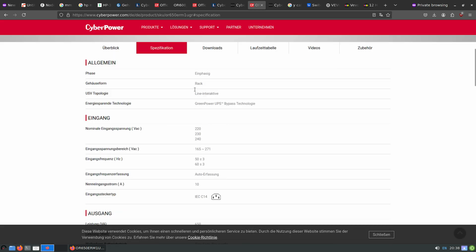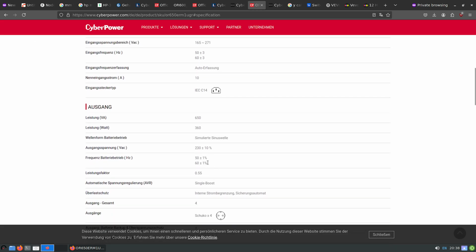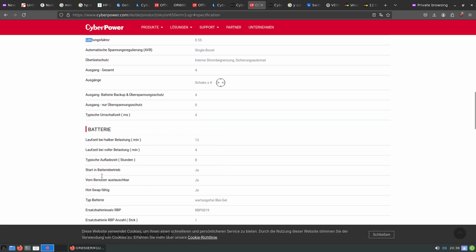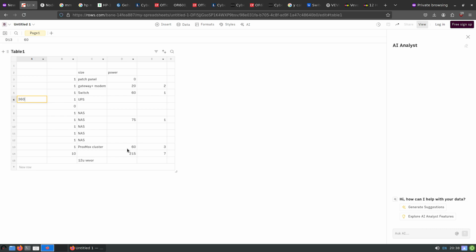So, specification. And then we have, okay, so this is load factor 55. Battery. Okay, so it says that on the half load it runs 13 minutes. So 13 minutes, so we can reasonably get maybe 15 minutes of the runtime. You have replaceable battery, so for UPS,